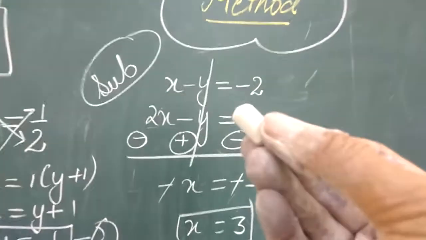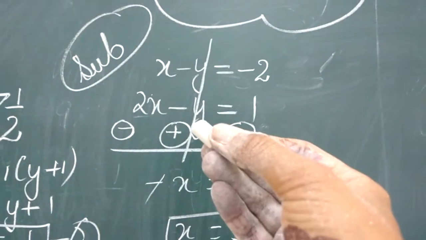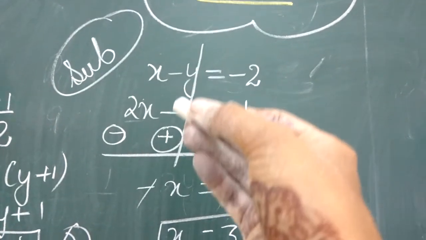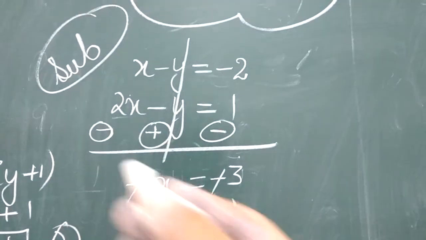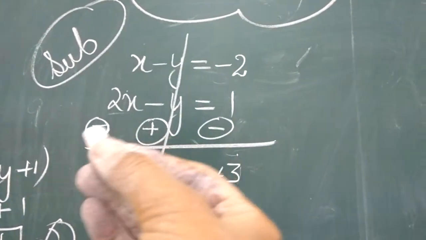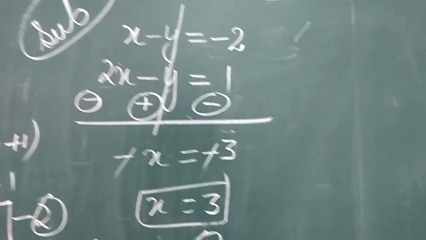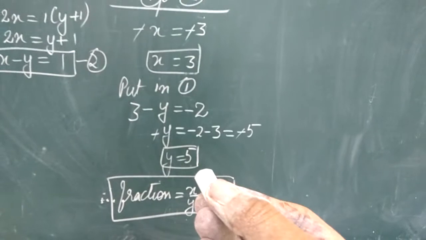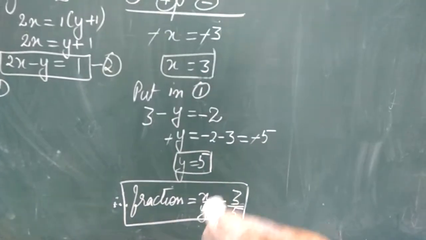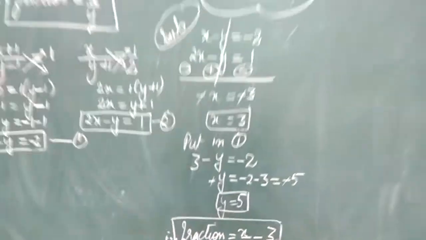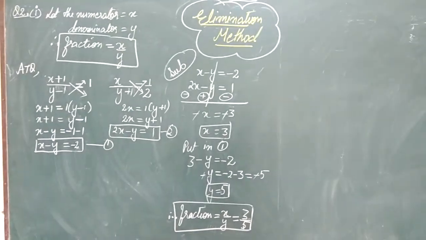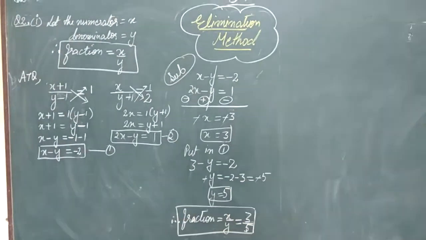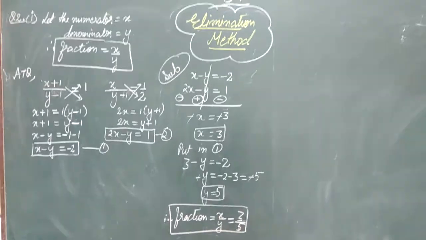Now for elimination method, as you can see, the coefficient of y is already the same. No need to cross multiply, okay? But their signs are similar, minus minus. So we will subtract the two equations. For subtraction, change the sign of each and every term of the second equation. So in this way you will get x is equal to 3. By putting the value in first equation, you will get the value of y. Therefore the fraction x by y is equal to 3 by 5. So in this way you will get the answer. Dear students, now nothing is new. For statements to convert into equations, the method is the same as I am teaching you in every exercise.